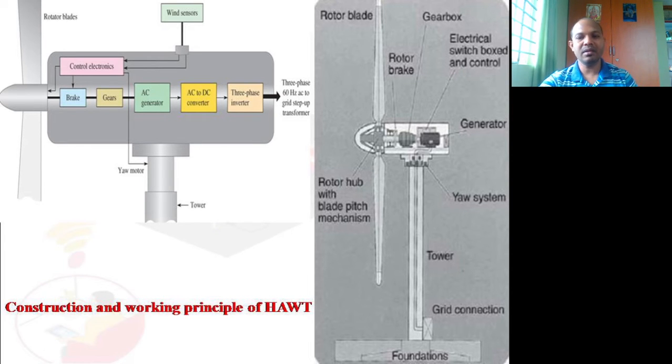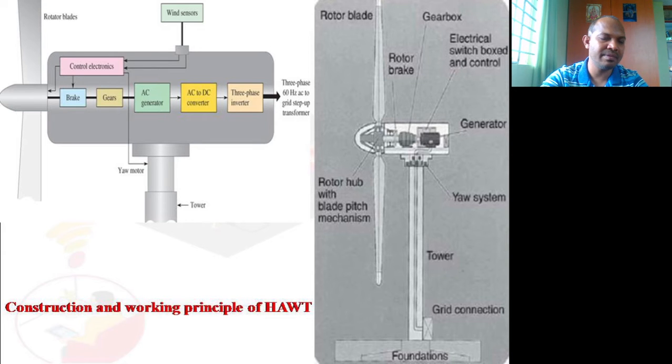Then there is the yaw alignment, power regulation and safety. The detailed description of these can be explained with the figures that we have shown here. What you can see is the rotor hub. There are two figures, and I will show one more figure in the next slide. You can see there are two or three blades. Because it is a side view, we may not be able to see the other blade. Initially we have a nose-like structure in the front.